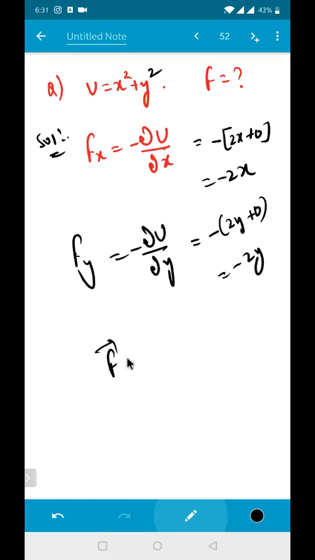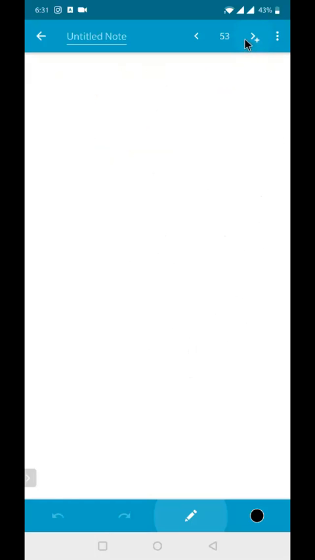So the force acting on that will become minus 2x into i cap minus 2y into j cap. That will not be a problem; we'll be getting only the value of your x. Okay now? So you should be in a position to do such types of equations. Equilibrium position, stable equilibrium position, mechanical energy conservation, all that you need to just revise in a faster way. So this is something related to work, power, and energy.